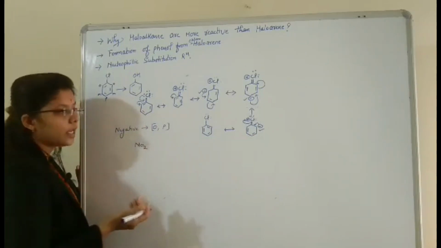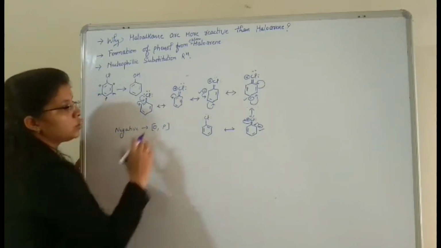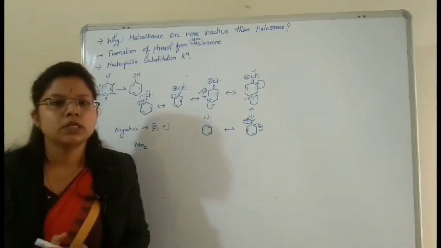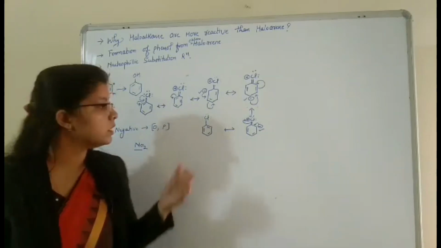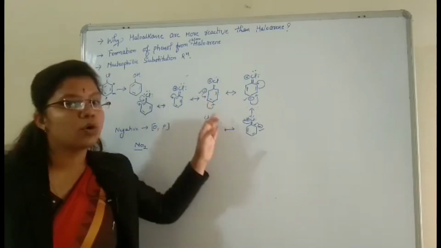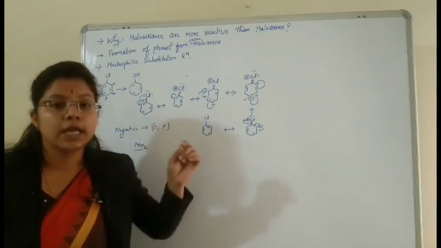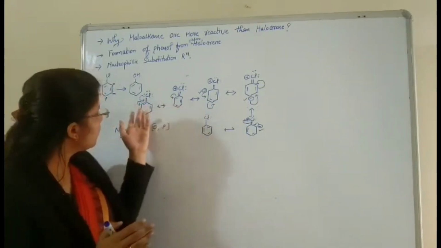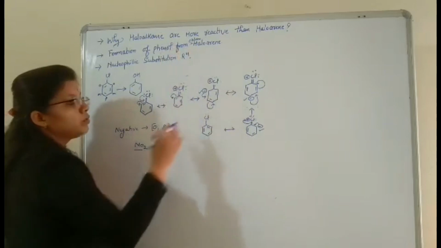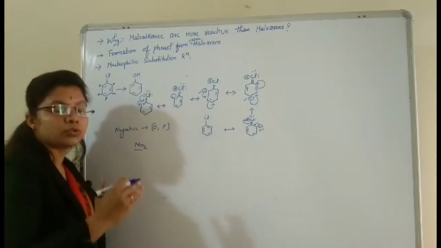Where do we have to attach it? Of course this is an electron withdrawing group, so there is more possibility of it attaching at the ortho and para positions. Yes, the meta product can also be formed, but it is not much reactive in the meta case, it is much more reactive in the ortho and para case, because negative charge is coming in the ortho and para positions. So when the nitro group is attached at the ortho and para positions, this compound will be stable. We have explained this concept, how the nitro group becomes preferred, that it will attach at the ortho and para positions.